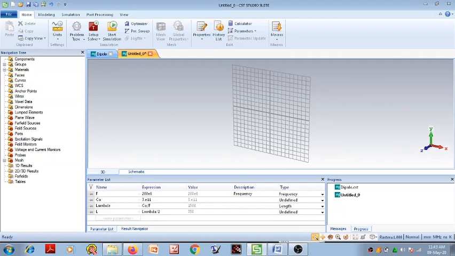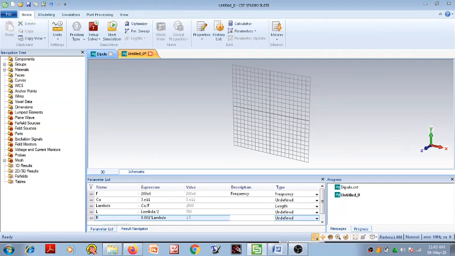Now next is radius of dipole. For that we will mention here the variable r. Radius of thin wire dipole is 0.001 multiplied by lambda. If we choose the thick wire dipole antenna, in this case the radius is 0.01 into lambda.